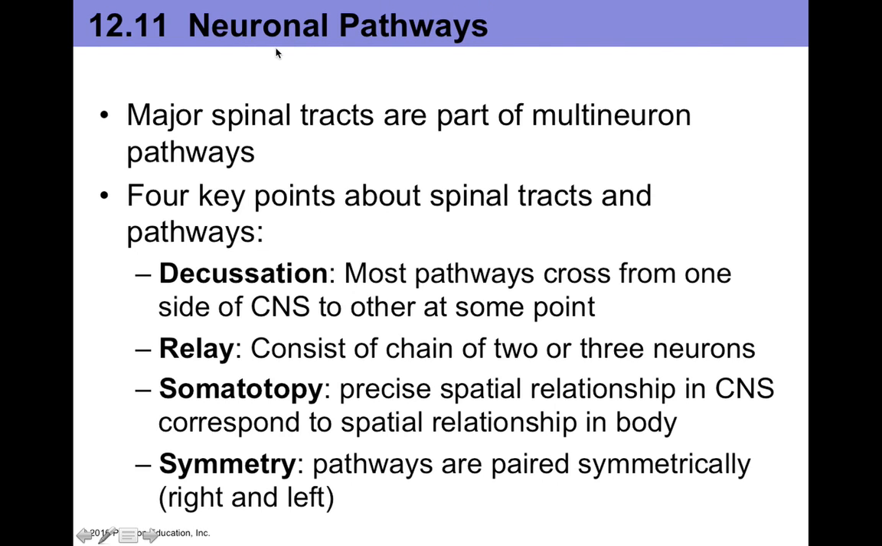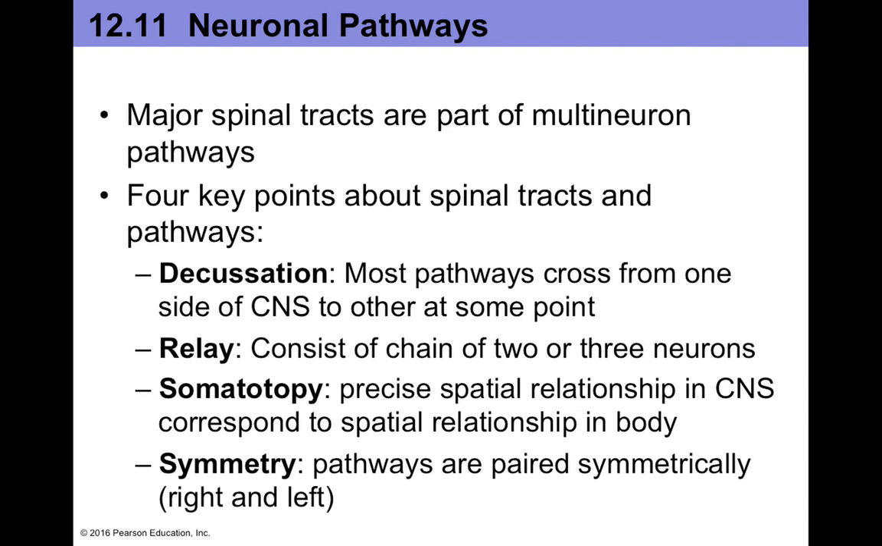All right, so in this video we're going to look at neuronal pathways of the spinal cord. There's actually four key considerations when we talk about the spinal cord and how it transmits information. The first here is decussation, or crossing. So we could talk about how most pathways cross from one side of the central nervous system to the other